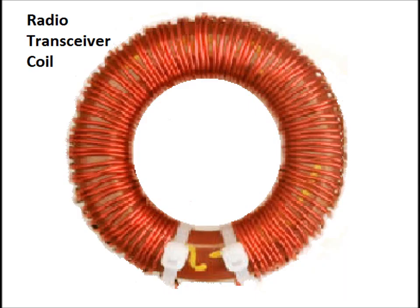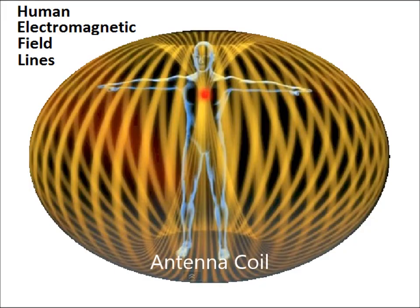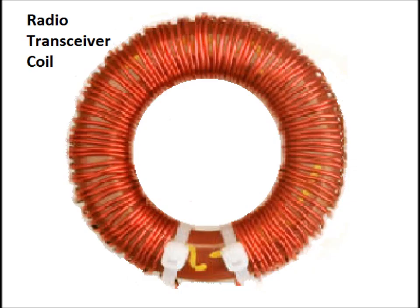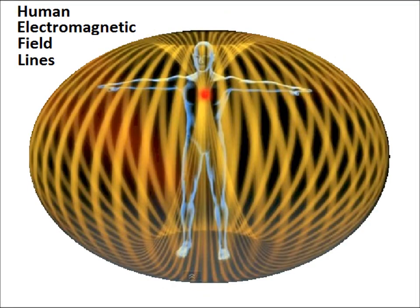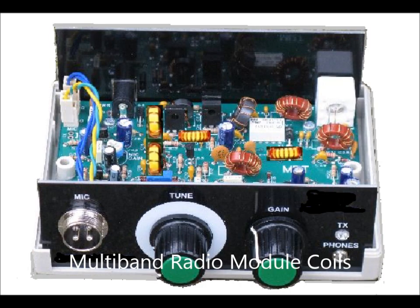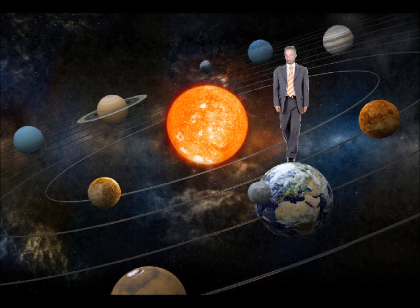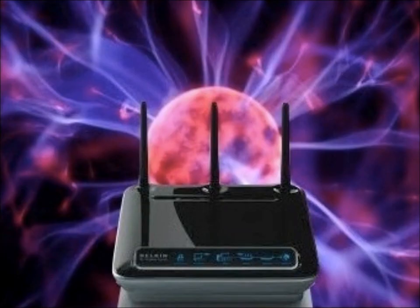Whatever the case, the electromagnetic field lines produced by humans, the Earth, the Sun and our Milky Way galaxy are identical to the electromagnetic field coils in these radio transceiver rings, in a system of electromagnetic fields inside electromagnetic fields, with our solar system at large appearing to in part play the role as a radio transceiver unit of some kind, including a relay unit, with our sun playing the role as a plasma router of some kind, as you bear in mind that the sun is made of gas plasma, whose electromagnetic field engulfs and affects the moods and behavior of humans and life at large,